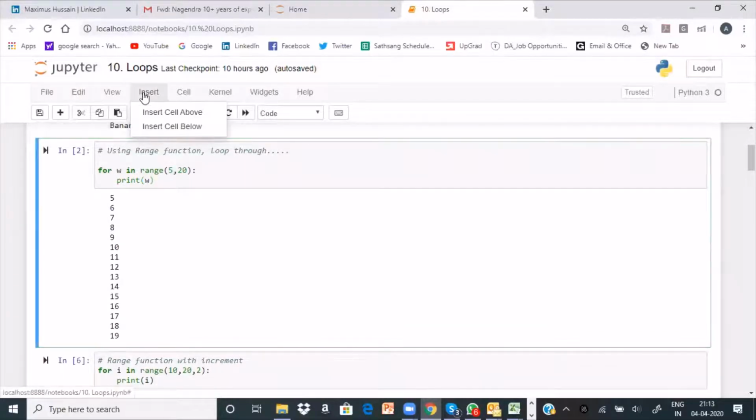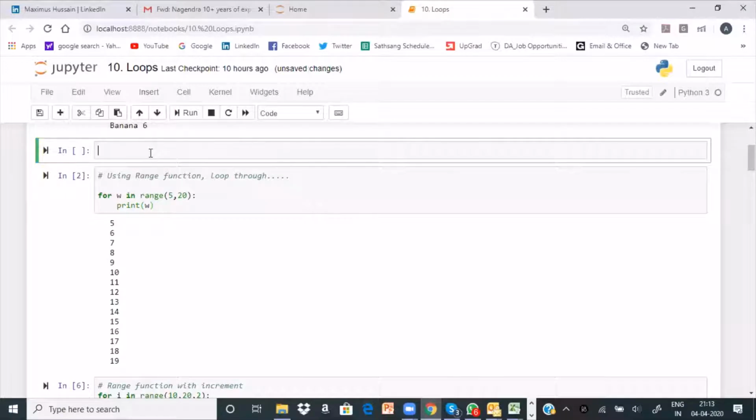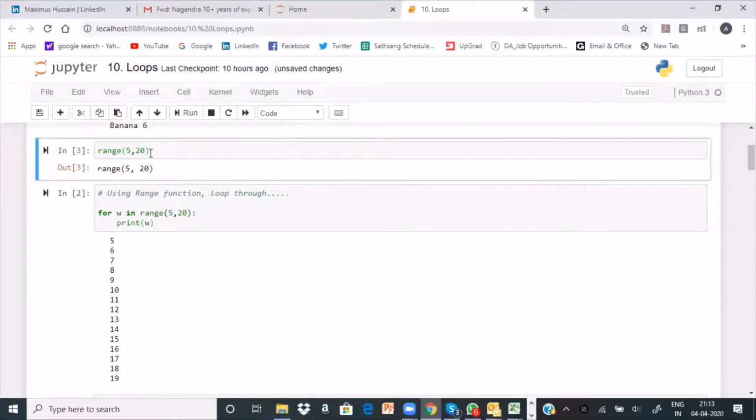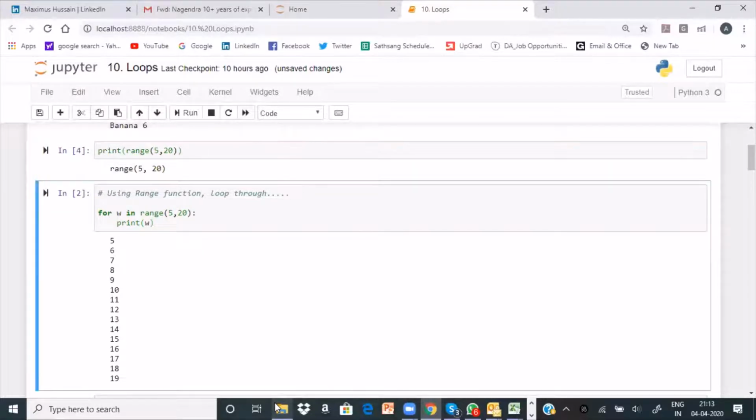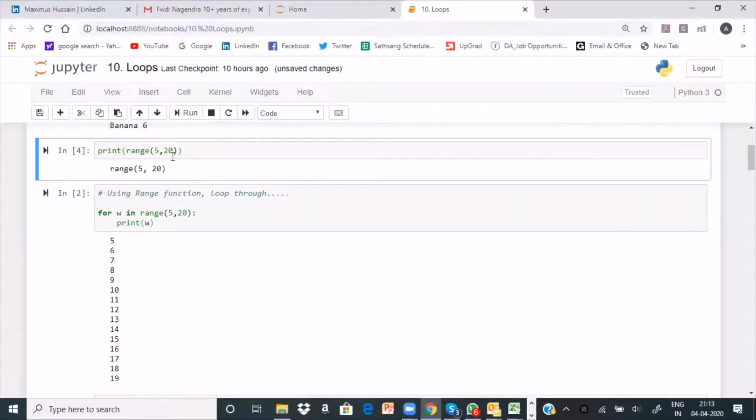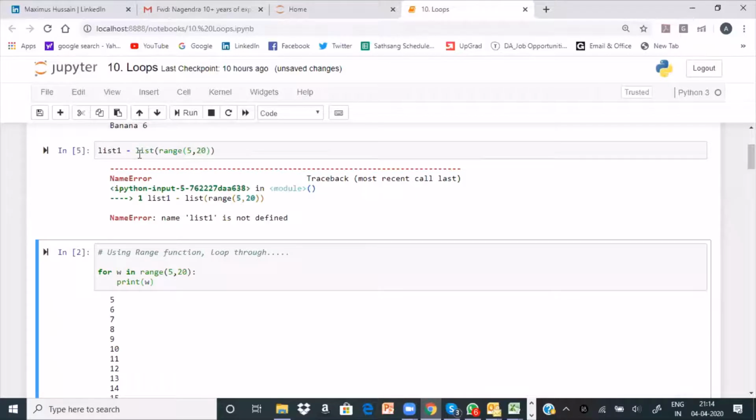I'm inserting a cell above. I simply say range 5 comma 20. What happened?